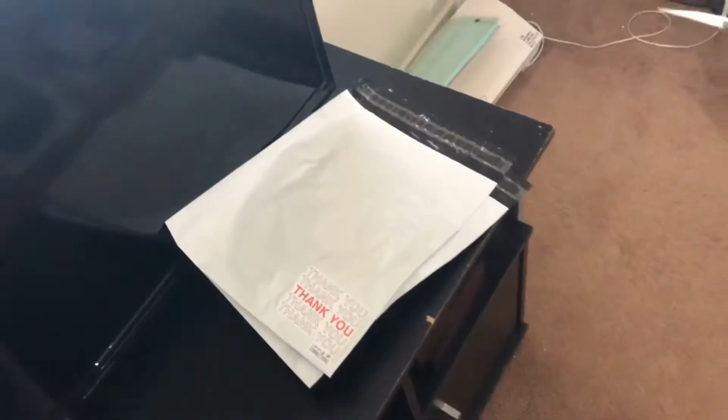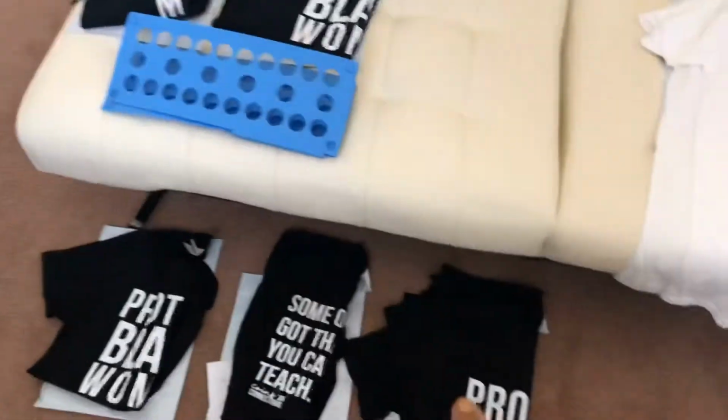There's two that I thought I ordered some large shirts, but I didn't, and I have to get a so it tells me